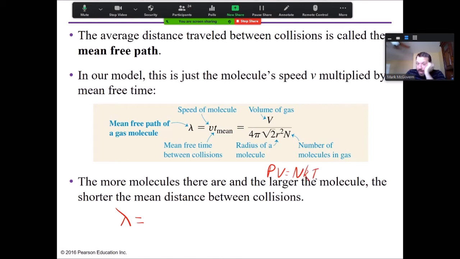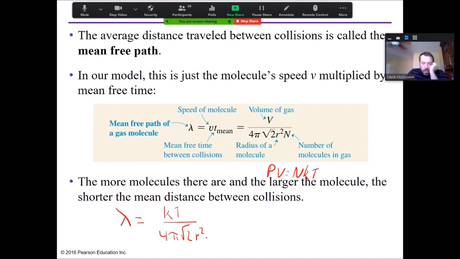That's a version of the ideal gas law. If I take the ratio of V to N, then I can see that this actually ends up to be kT over 4 pi radical 2